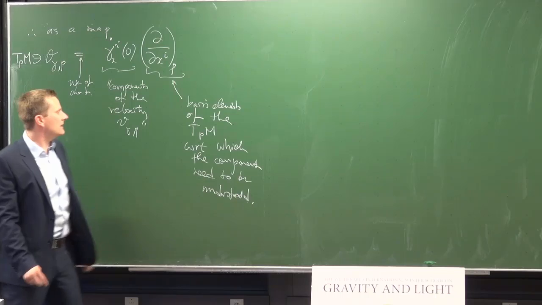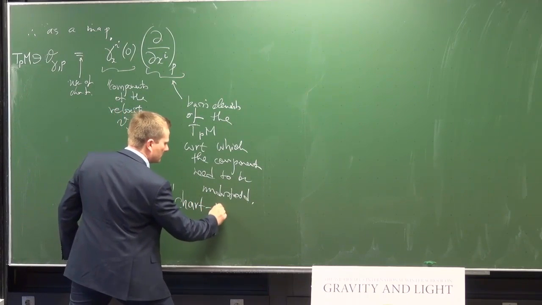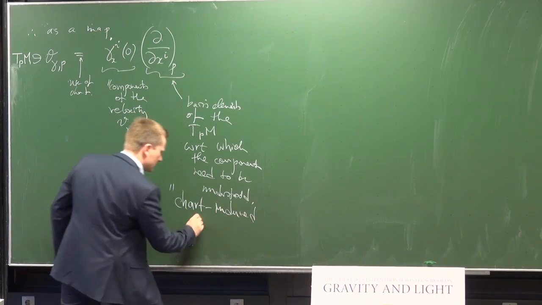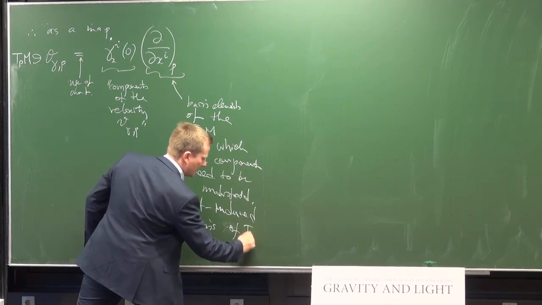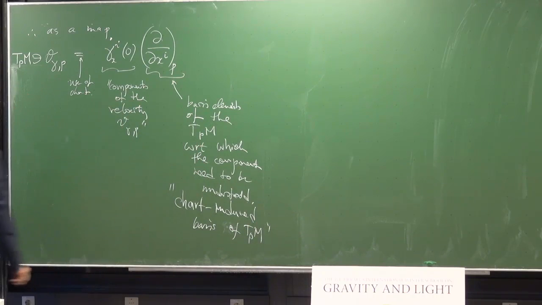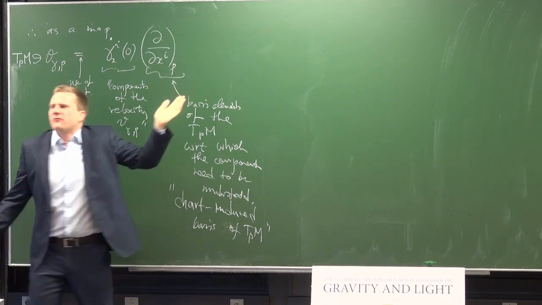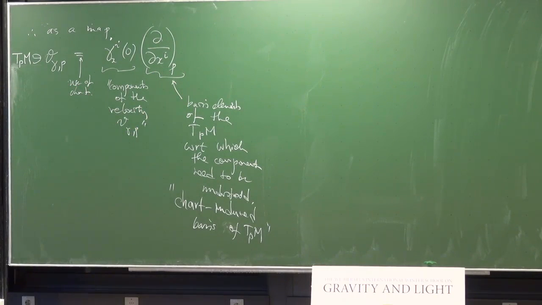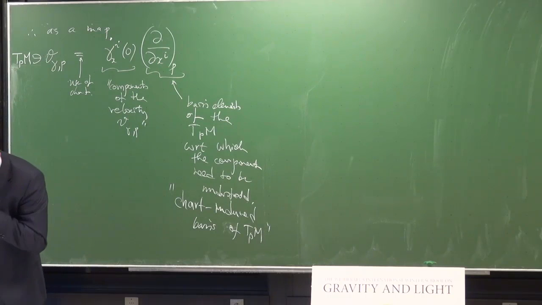Now here, what we have is the so-called chart-induced basis of T_pM. Choice of a chart x gives you a choice of basis in the tangent space. But of course it's fully irrelevant what chart you choose. You could have chosen a different chart, would give you a different basis in the tangent space. Okay,